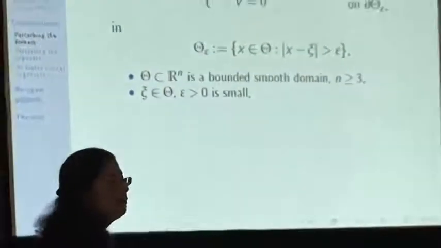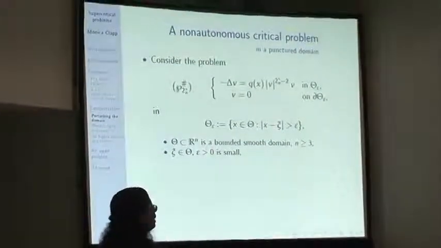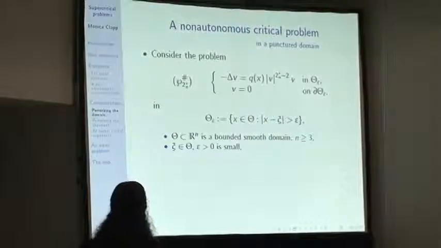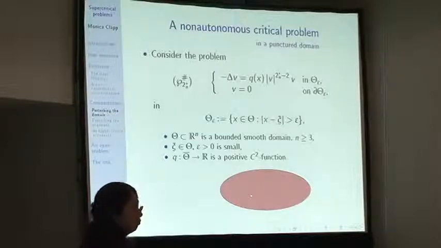So again, I want to apply this idea of the Hopf fibration. This means I have first to look at this problem, okay? And now the domain will not have symmetries. I take any domain Theta, I take any point in Theta, and now I take out of the domain a ball of radius epsilon. Okay, so I make a tiny hole. And the question is, do I get solutions?